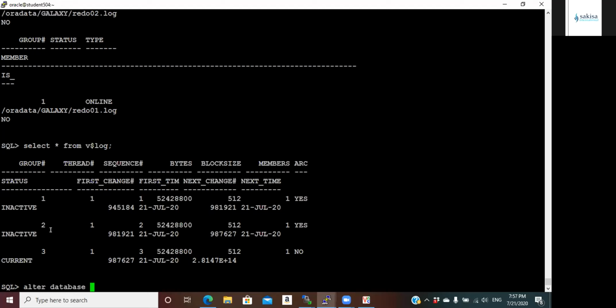Exactly. That's what I'm saying. So for group 1, 2, and 3, you're going to add 3 more members, and then you're going to add 3 more groups with 4 files in there. That's what I'm talking about.